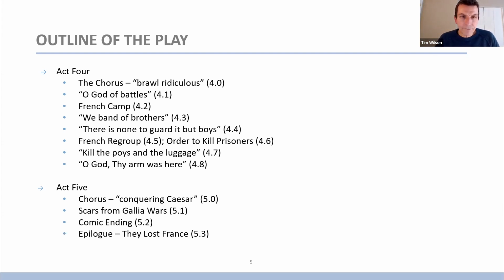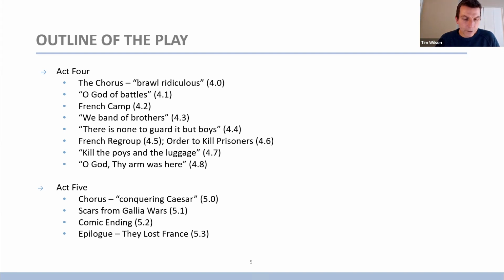In Act 4, Scene 4, it shows Pistol, again, one of those lower characters from the pub, who has a French prisoner that he's extorting for money. And at the end of that scene, the boy, who is the attendant of these characters, mentions that he has to return to the camp, that it's only guarded by other boys or pages. So it's an ominous foreshadowing of what will happen to these boys later in the battle.